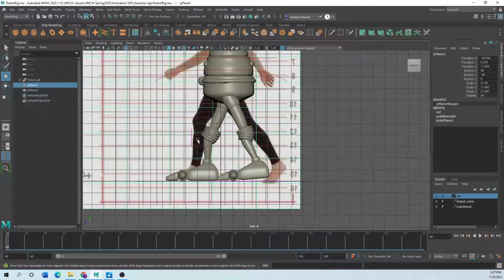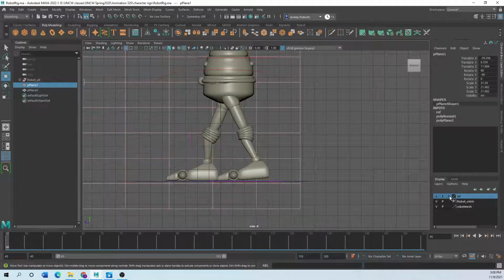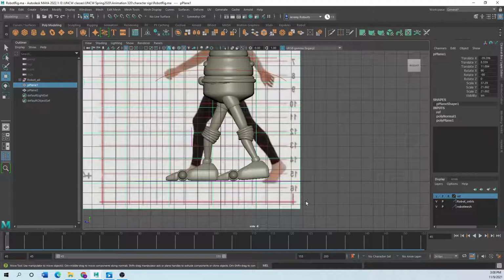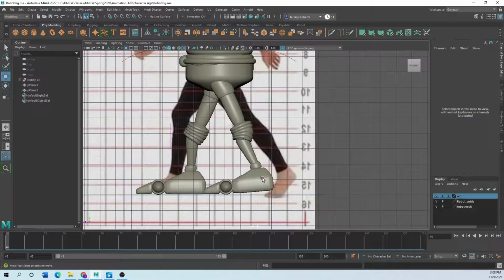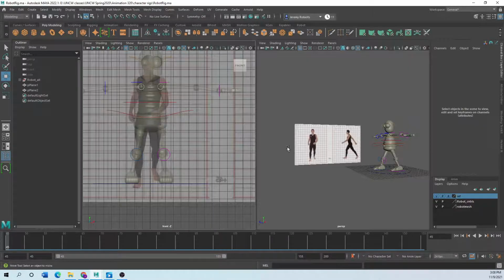So this foot is planted on the ground. When you're doing the side view right here, sometimes it's hard to kind of see these lines. So let me turn this to reference so you won't be selecting it. Sometimes I actually work in perspective and side, and I wouldn't suggest doing a walk cycle in perspective, but I would suggest